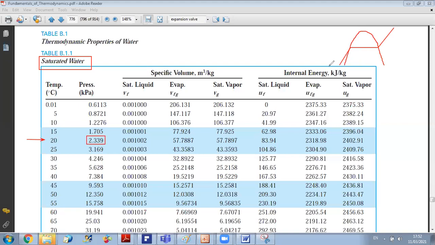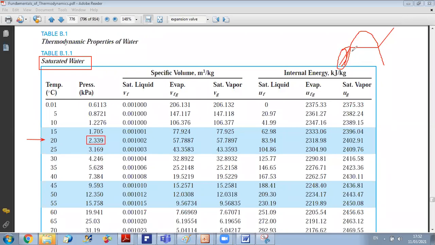These lines represent constant pressure, and here we call them isobars. If I move under constant pressure and I vary the temperature, this zone is the compressed liquid state. I have a certain pressure, but for low temperature,